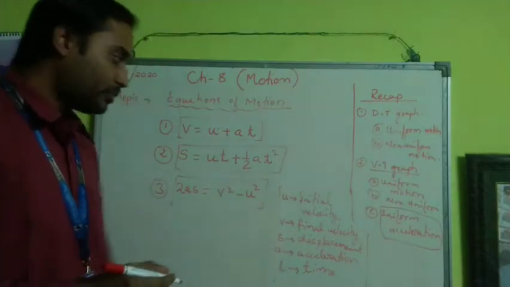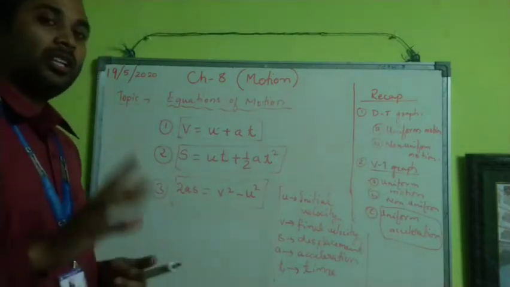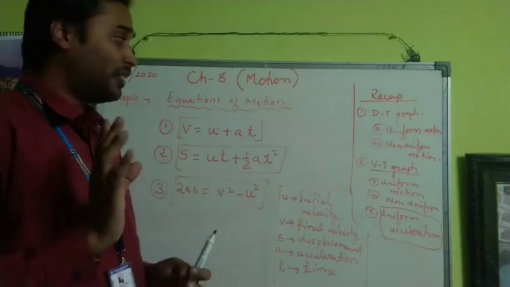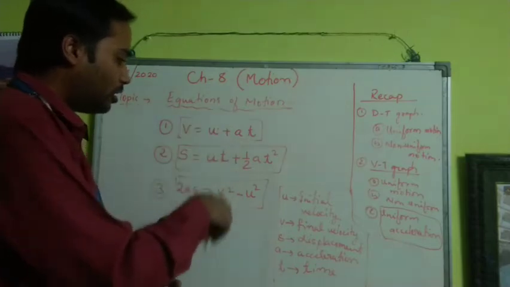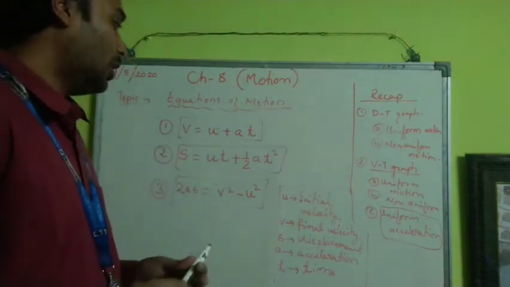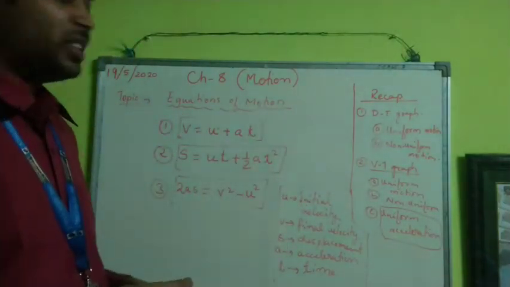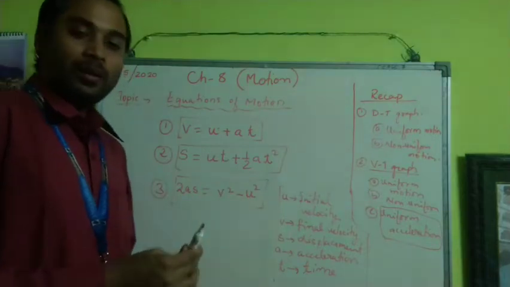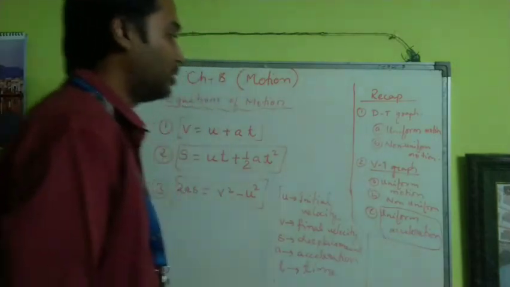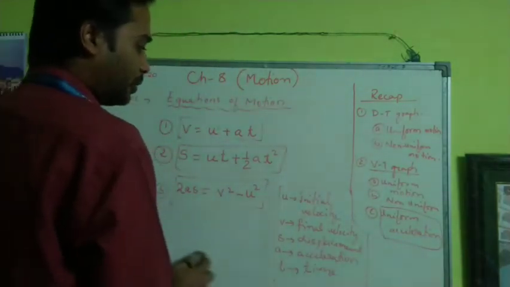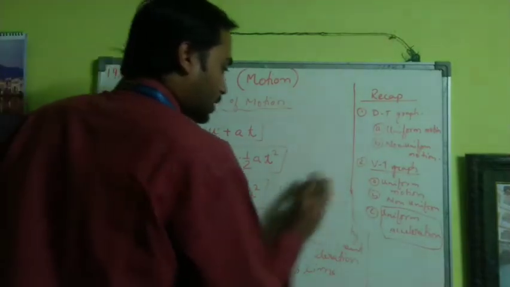Now to prove each of the equations, we will use only one velocity time graph. Using that particular velocity time graph we can prove all the three equations of motion. So today I will be proving the first equation of motion using the graphical method. So let's start. Before that we need to draw what? The velocity time graph for uniform acceleration. So let me draw it. Please note down all these things, because now I am going to rub these things.